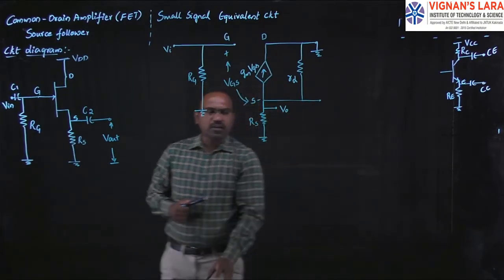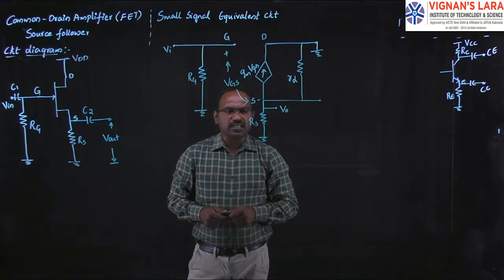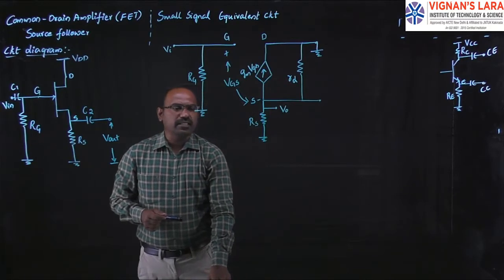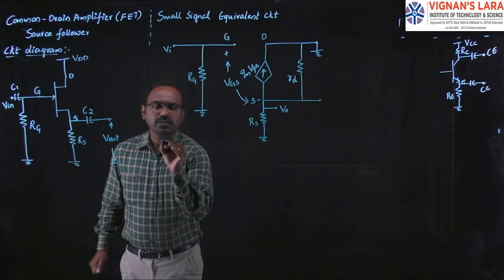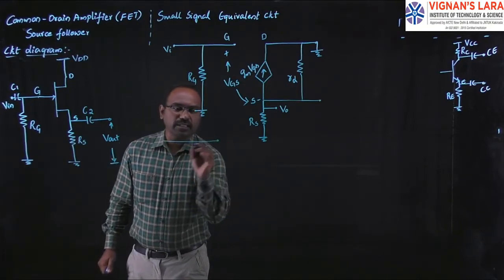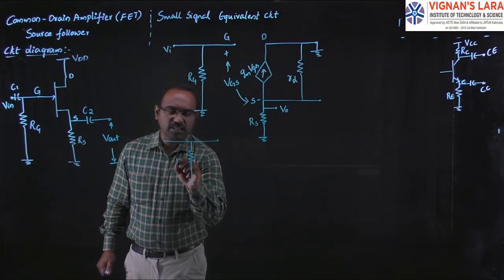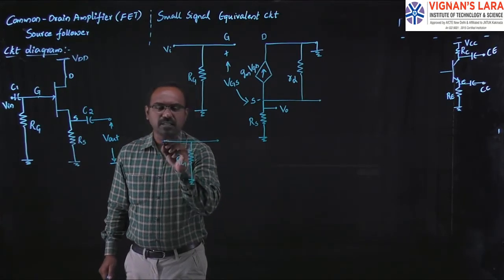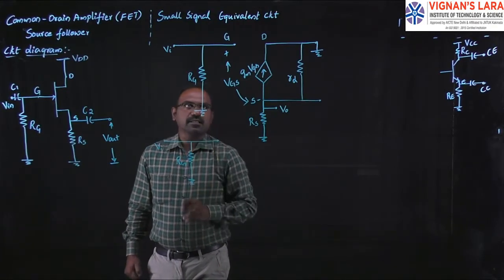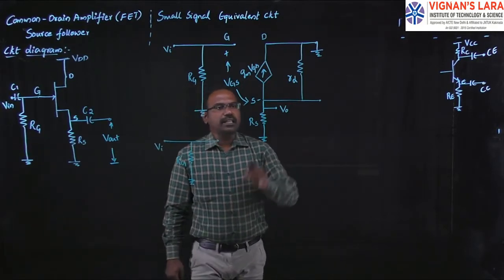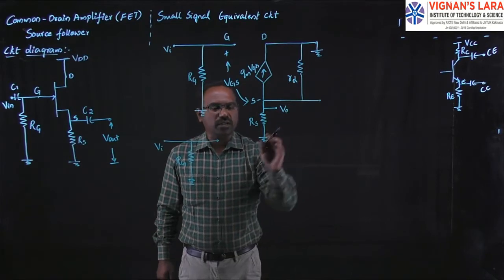So here what I am doing is taking a small modification for this circuit. That modification will be like this. So look, I'm replacing the above circuit like this. At the input side, I am not having any modifications. As usual, I am having RG, input Vi, and this is the gate terminal. And here, this is grounded and this is grounded and this is also grounded.